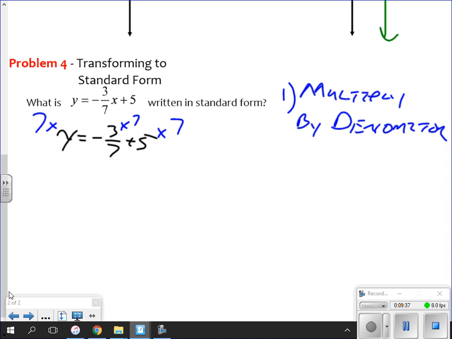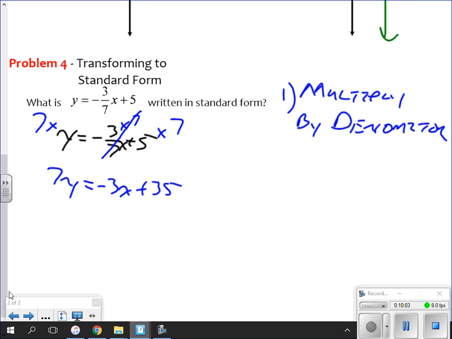So I have 7 times y gives me 7y equals, and this is the reason why you multiply by 7. When you multiply by 7, the denominator and the 7 above cancel out, and I get negative 3x, and I'm sorry I forgot to write the x. My bad. So I get negative 3x, and then I do 7 times 5 gives me plus